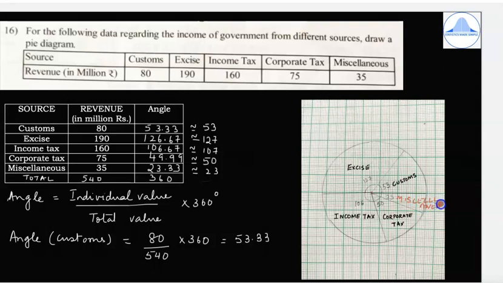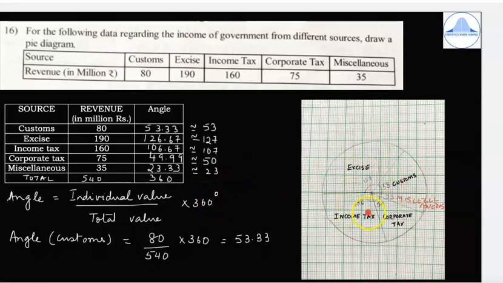Please write it within the sector. So this is the way you have to draw the pie chart. So the angle formula will carry 1 mark, and then after drawing the pie chart along with the degrees and